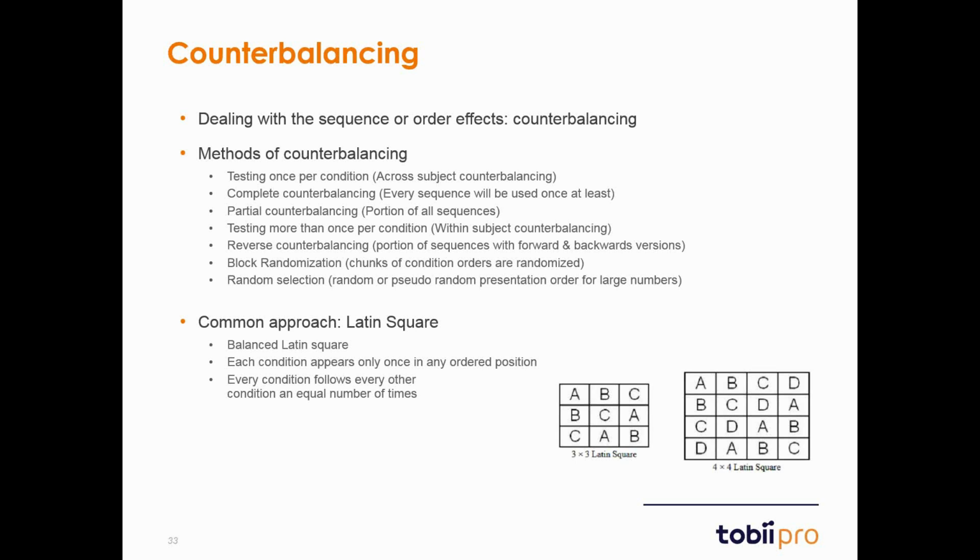So there's a couple of ways you can address this. One way is to totally randomize your stimulus, and this sometimes is necessary if you have a very large amount of stimuli or a large amount of conditions and it's not possible to totally counterbalance. But in simple situations, what you typically do is expose subjects, across subjects,